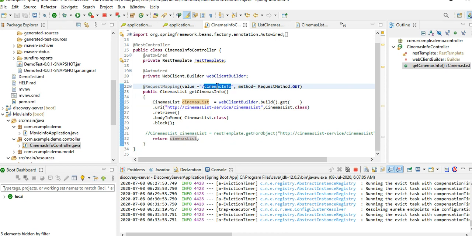So we are making a RESTful API call to another microservice, but through the service registry in the cloud.